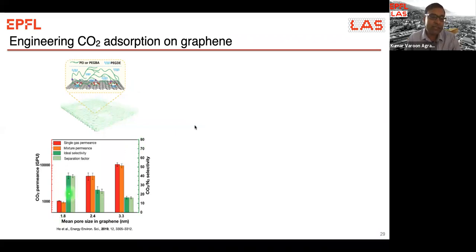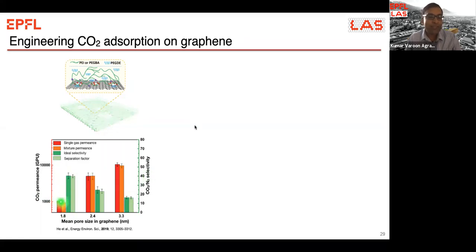And as a result, what we saw was very interesting. Even when the pores were quite large, for example, 1.8 nanometer, this is not expected to give you CO2 nitrogen selectivity, right? But then you will have a few pores at the tail of the pore size distribution which will be quite small. They will contribute to the selectivity. And then on top of that, you mask this with these functional groups, and you arrive at selectivities which are about 40 and 50, right?